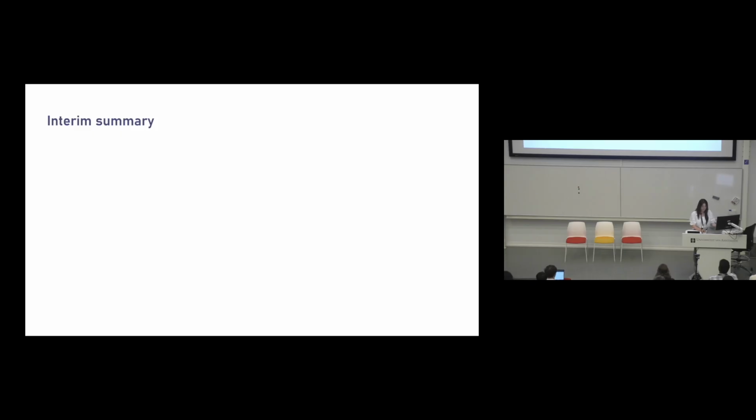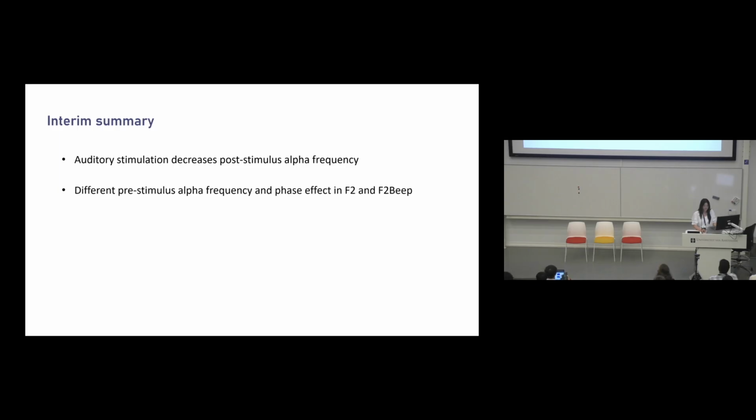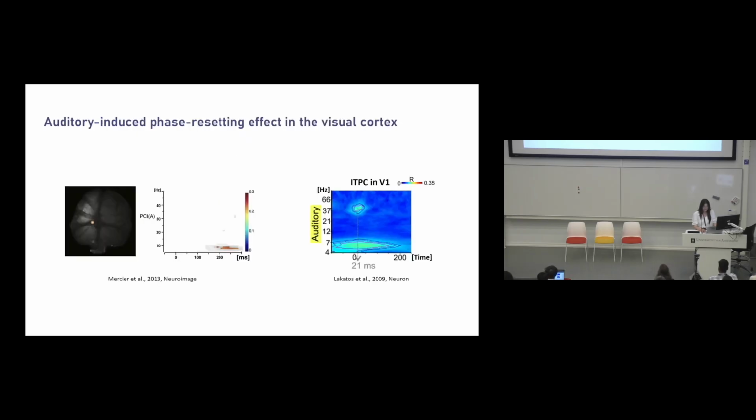And let's recap what we have seen so far. We could observe the auditory stimulation decreases the post-stimulus alpha frequency, and also there is a difference in pre-stimulus alpha frequency and the phase effect in both conditions. So, what is the underlying cause of this effect we observed before? Actually, there are already a lot of studies confirming that auditory stimulation can induce the phase resetting effect in the visual cortex. So we then suspect that the phase resetting effect might be the underlying cause of the effect